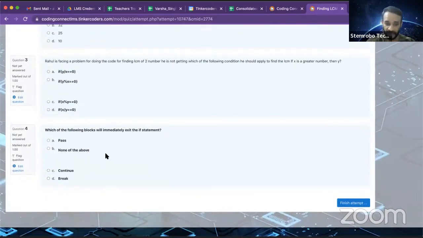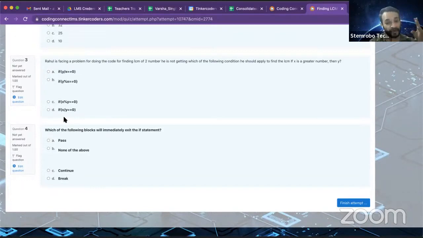And which of the following blocks will immediately exit the if statement? You have to click on the correct answer, the option available over here that will make you come out of the loop.